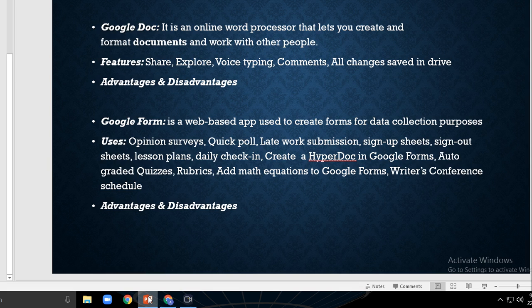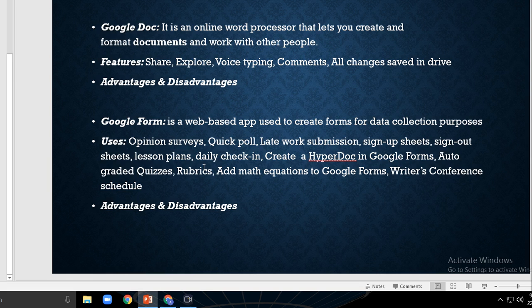There are so many uses of Google Form. If you want to conduct an opinion survey, so you want to get to know your students better or learn about their preferences, you can create a survey for the same. If you want to have a quick poll, for that also you have a simple one-question Google Form that makes getting the pulse of the classroom quick and easy. Close-ended questions can be displayed as a graph immediately, with responses in the tab form.